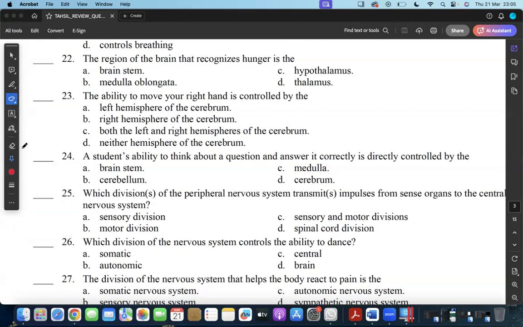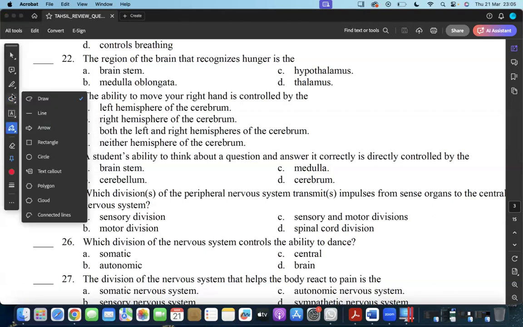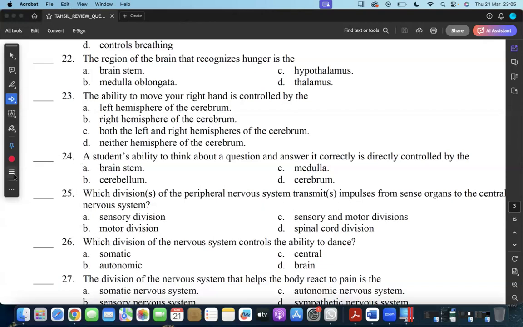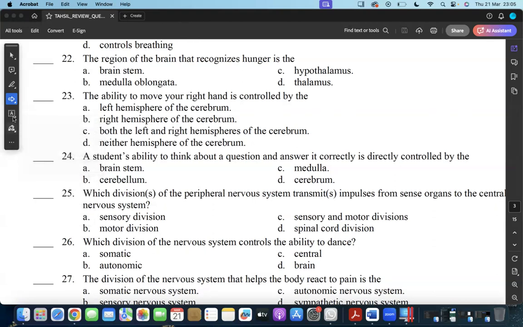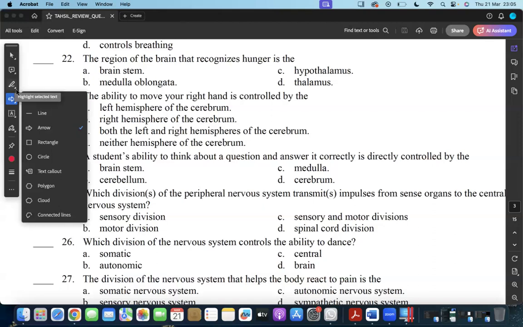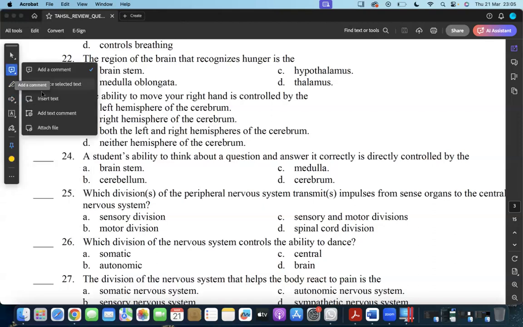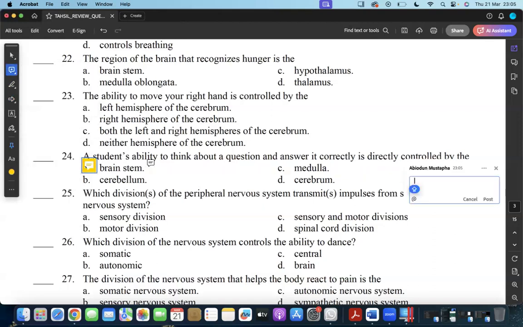Question number 24 says a student... I'm trying to move my cursor so that you can actually see the questions I'm dealing with. All right, so a student's ability to